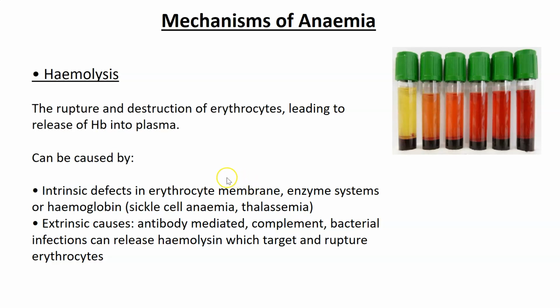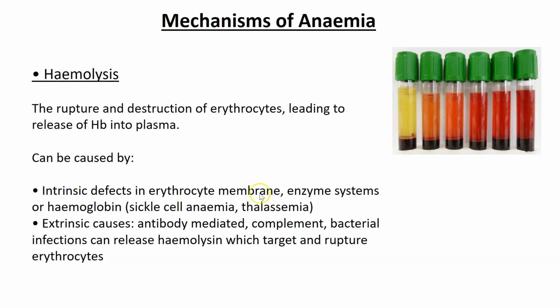But if the membrane is defective, or the enzyme systems that help produce the erythrocyte membrane are defective, or the hemoglobin itself is defective, as in the case of sickle cell anemia, and even thalassemia as well, that can cause the membranes of your red blood cells to be less stable,